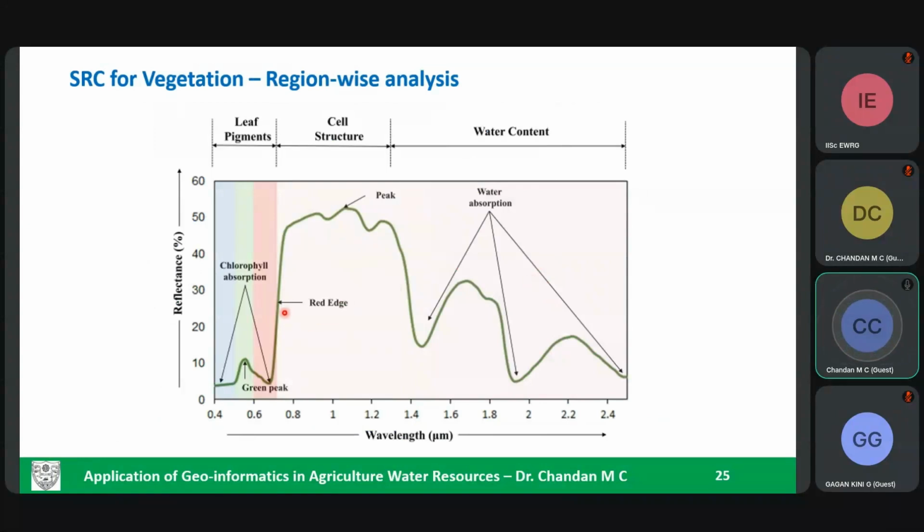We have something called the red edge, which is nothing but the red band and NIR band. If we take the difference, you see here the red band has the lowest reflection and the NIR band has the highest reflection of vegetation. That is why, if you consider these two bands for vegetation, we can clearly say whether the vegetation has good growth or not. That is through one index, which is called the normalized difference vegetation index.